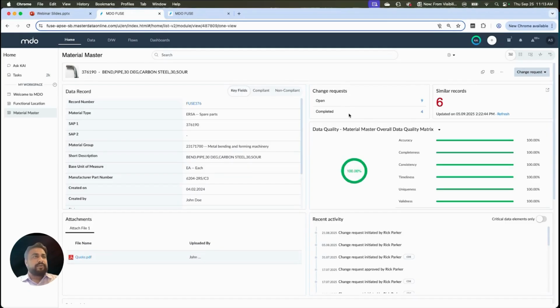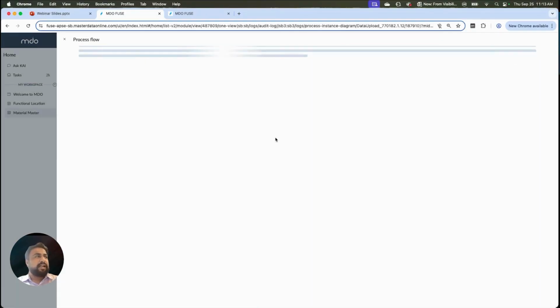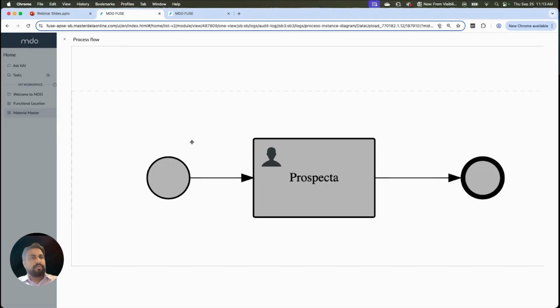The change request widget gives you end-to-end tracking of how many change requests are currently in progress for this particular record, for this particular material, and how many requests are being completed. We can click on the hyperlinks to see when these changes were done, by which user, and from a process perspective, see the end-to-end cycle of the workflow against which the records have been created,